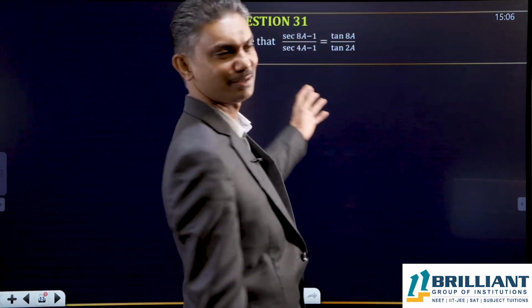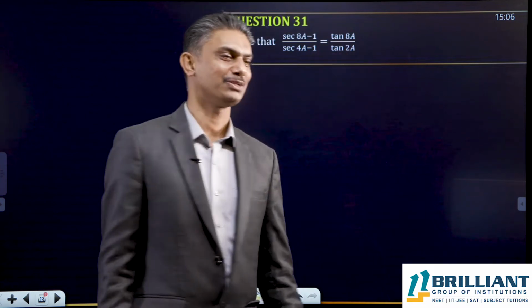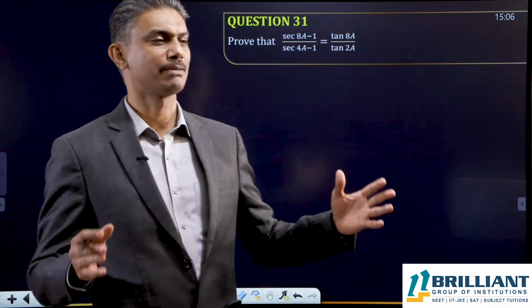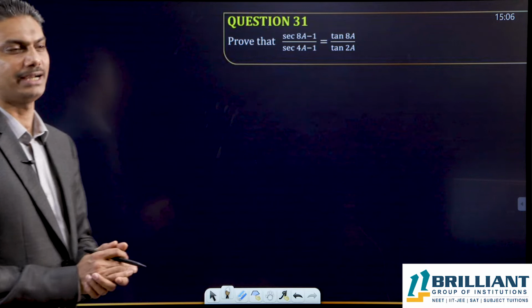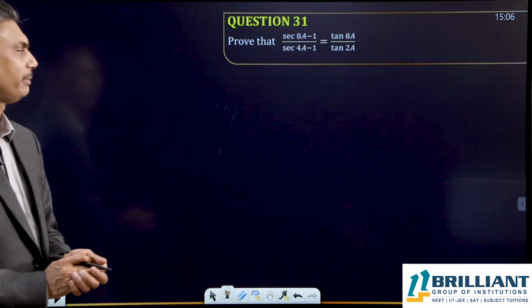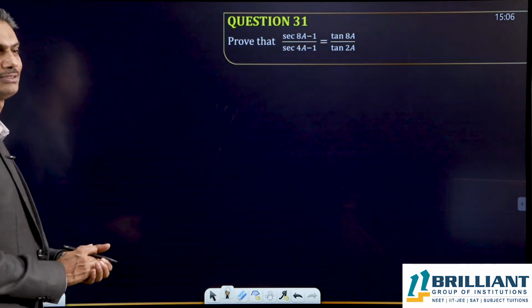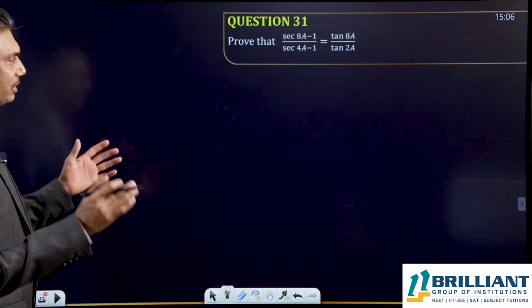sec 8a minus 1 by sec 4a minus 1 is equal to tan 8a by tan 2a. These are regular questions which need some kind of skill to solve, not direct identities and simple ones. Little bit longer and you need to have little patience. Now,